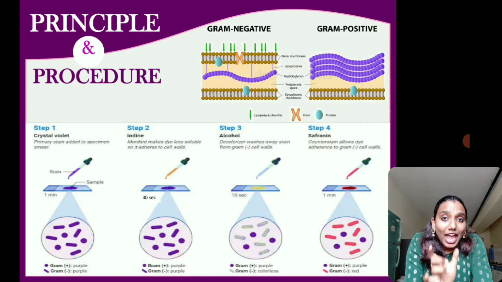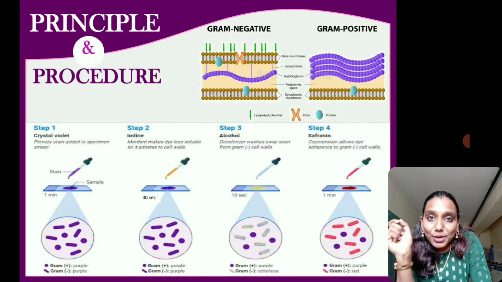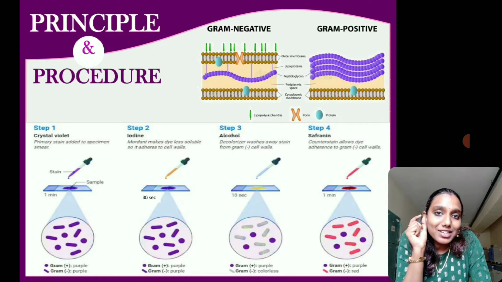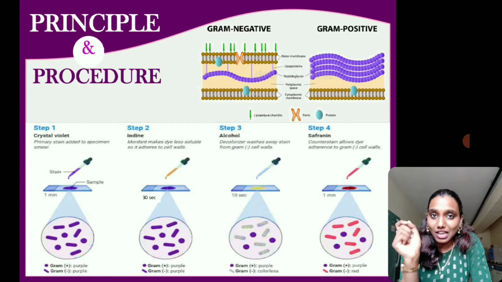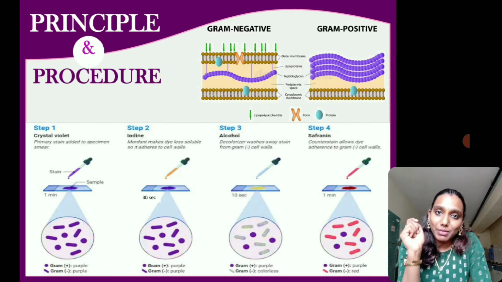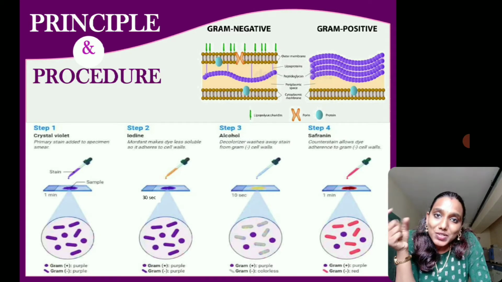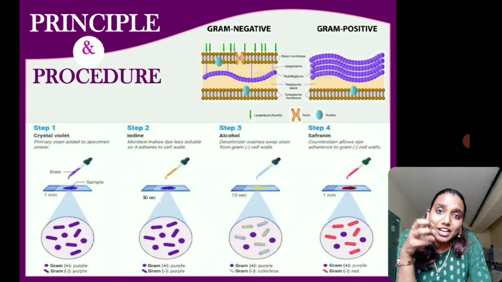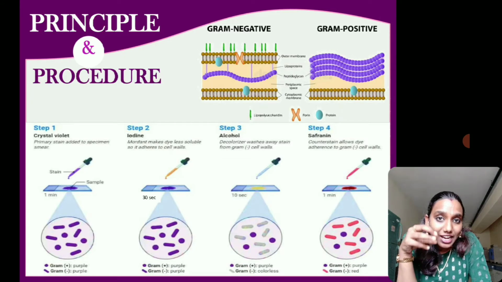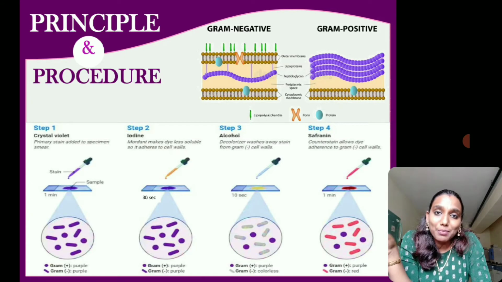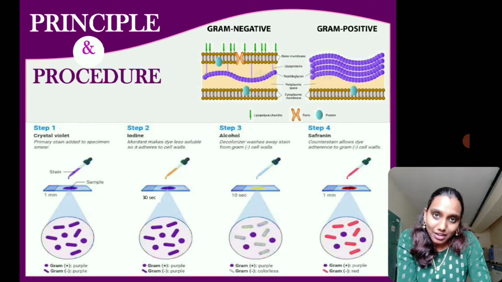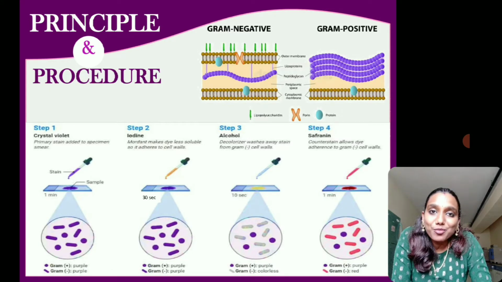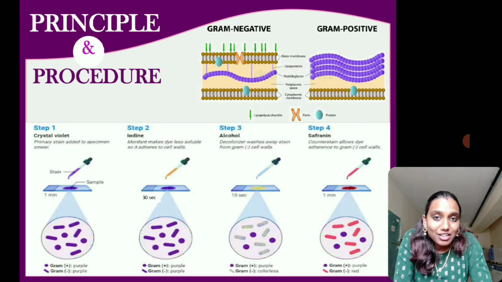Therefore, the gram-positive bacteria, when visualized under the microscope, are going to appear purple because of the crystal violet stain remaining intact in the cell wall. Whereas the gram-negative cells have lost the lipid content, and because of which they have taken up the safranin, the counter stain, and hence they appear red or pink in color. So this is about the principle and procedure of gram staining. Now we will move into the laboratory and learn how to perform it.